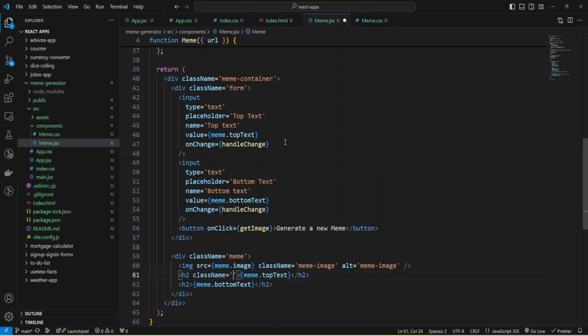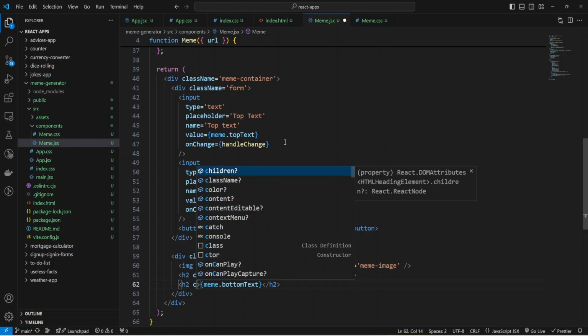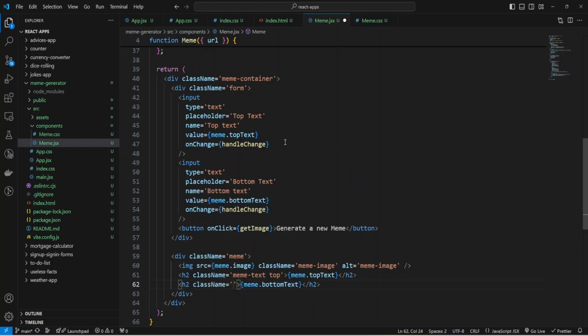Class name will be meme text, and also top, and for the bottom we can use class name also meme text and bottom.